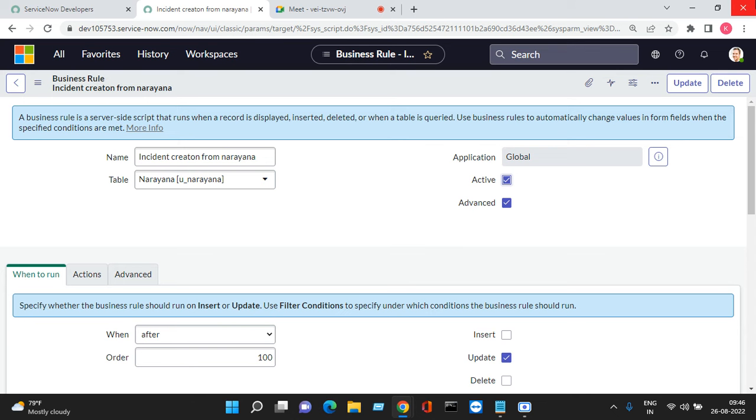Okay, sir. No, don't get confused. This is the very important thing. So today, what you will do is, I will give a simple scenario. Create one custom field on the RITM table, requested item, sc_req_item table. Just create one checkbox, like create an incident. Whenever the record is updated and that checkbox is true,